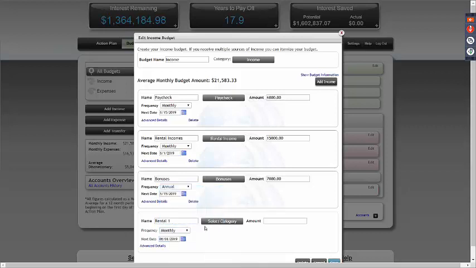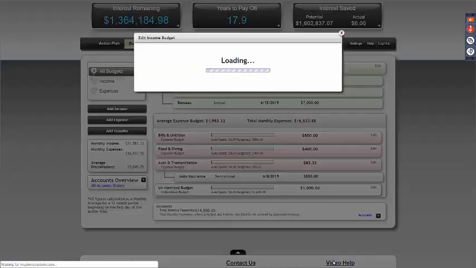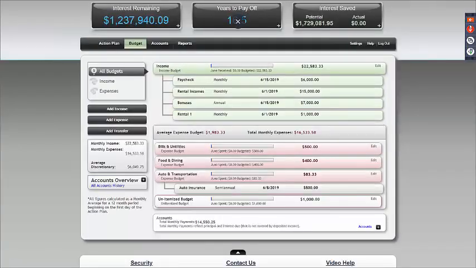We're going to say June 1st. And since the mortgage payment was $746, we're going to say that we could easily rent this place for $1,000. Does that sound fair to everybody? All right, so mortgage rental 1, we're going to go ahead and save this information. And now look what happens to our screen. By just having that income on that particular mortgage, we go to 16.5 years. We go to $1,000,002 remaining instead of $1,000,006. We got it down to $1,000,003 when we paid off that house. We're now at $1,000,002. We're at 16.5, and we're at